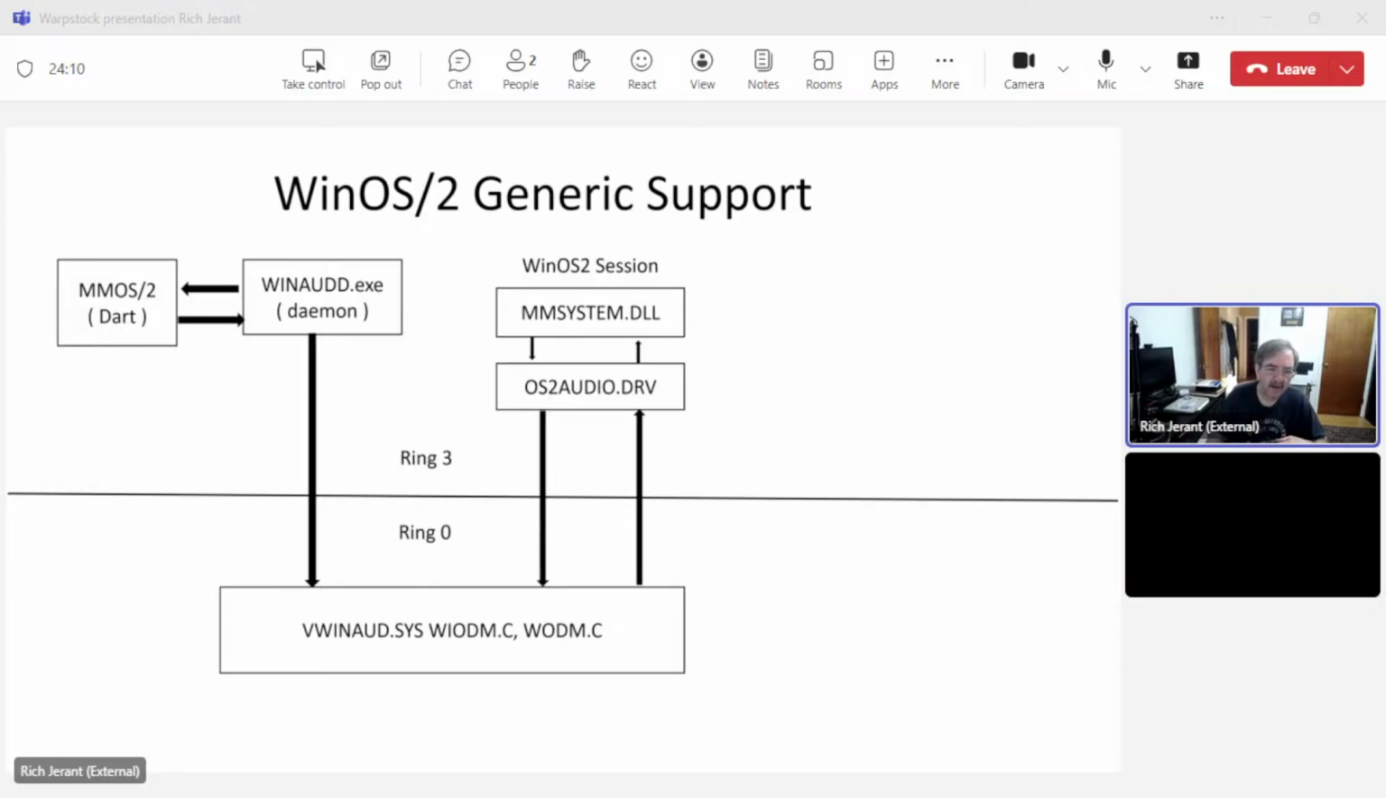I did most of the coding on this because Joe was busy doing other stuff. I don't know how many of you guys are familiar with this. What we did on Warp 3 is the basis of what's available today. Basically, we wrote a Windows audio driver, and that Windows audio driver would open up a virtual device driver, and it would send commands from Windows down into the virtual device driver. There was also a Ring 3 app,